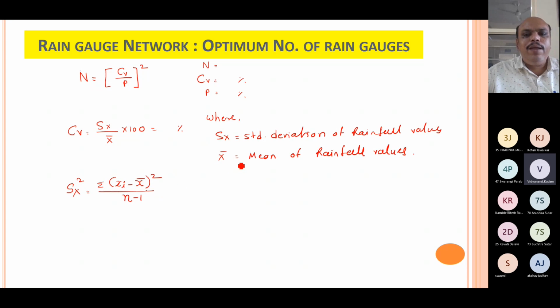So here what is x bar? It is clear to you, mean of the rainfall values. What is xi? Xi is rainfall value at each index station, rainfall values of index or existing